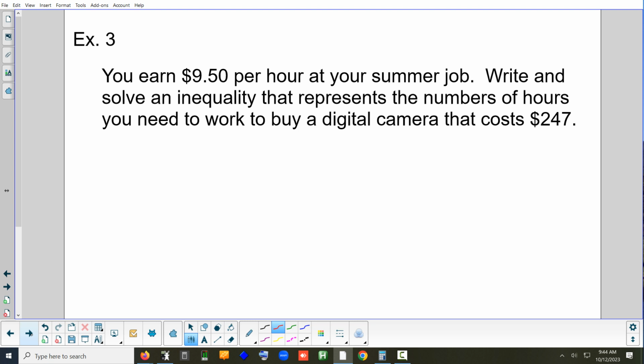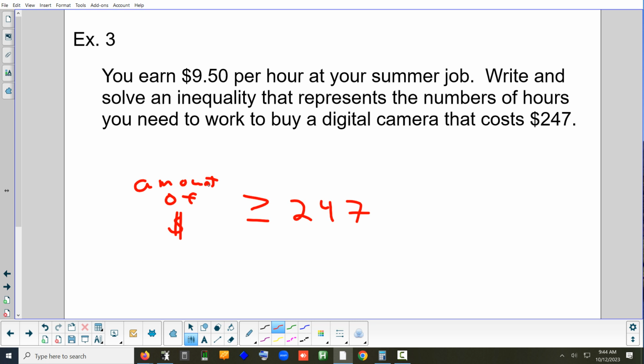how much money do you need to have to buy the camera? 247 or more, right? You could have more than that. Should be greater than or equal to. Yep. So the amount of money that you need to be able to afford this camera has to be greater than or equal to 247. Now what we need to do,